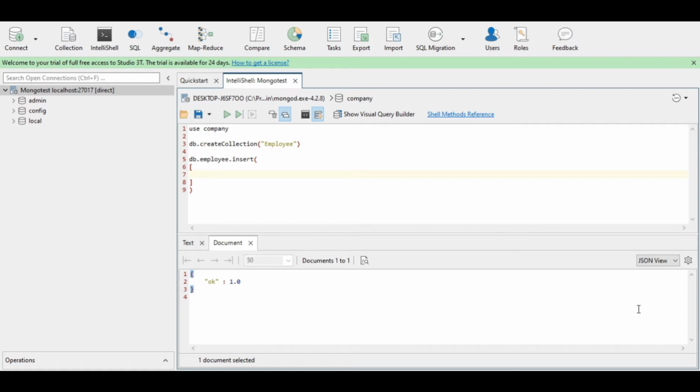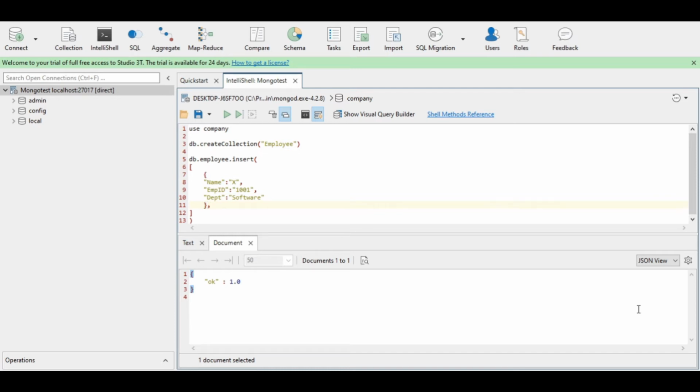Inside that, each document is to be placed inside a pair of curly braces. So the name, let it be X, the employee ID, let it be 1001, the department of the employee, let it be software.